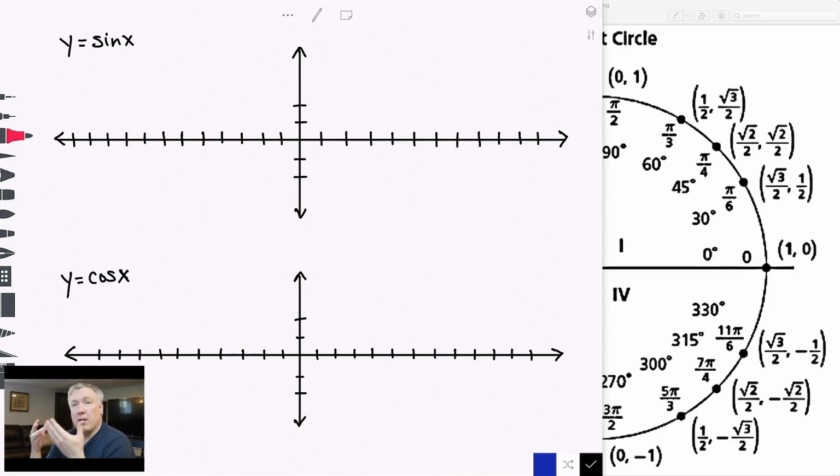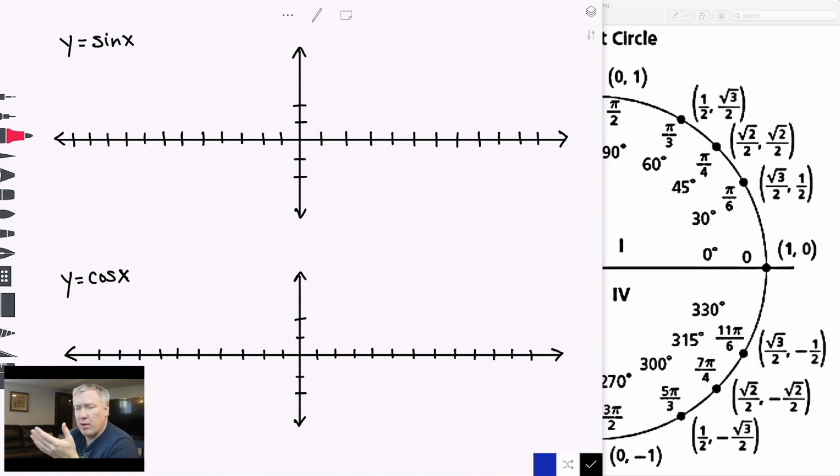In this video, we're going to overview the very basics of how a sine wave and cosine wave work, and we're going to use the unit circle to do so. So I'm going to go ahead and just get straight into this. Here we go. First of all, we're going to graph the equations y equals sine x and y equals cosine